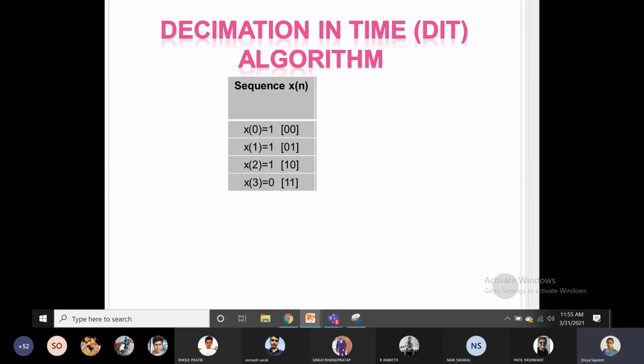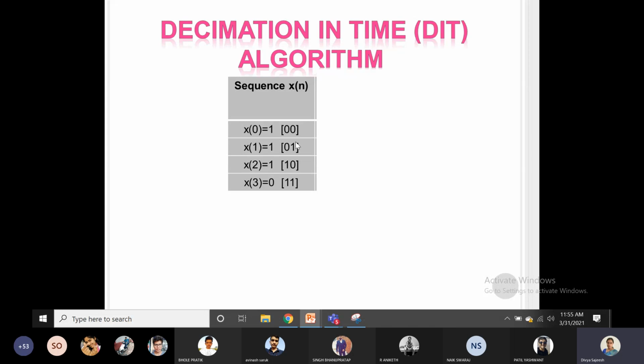So 4 can be written as 2 squared, that means the square is the power of 2. That means how many stages? 2 only. So there are only 2 stages. Whereas in the last class we solved for length 8. So 8 was written as 2 cubed, so 3 stages were there in the last numerical. Here only 2 stages will be there. So when I write the position in binary, I have to represent it with 2 bits only, no need to represent it with 3 bits. Since there are 2 stages, you need to represent the position with 2 bits.